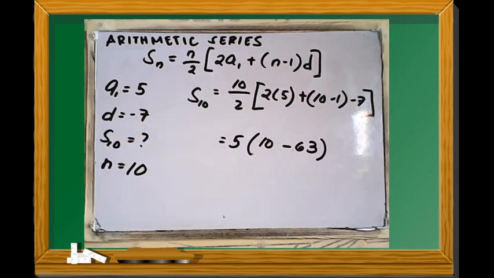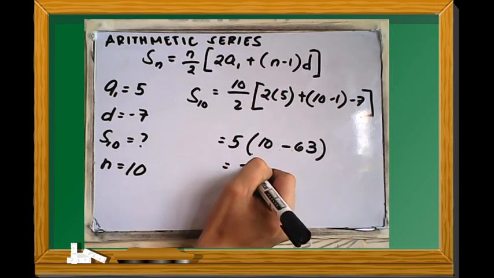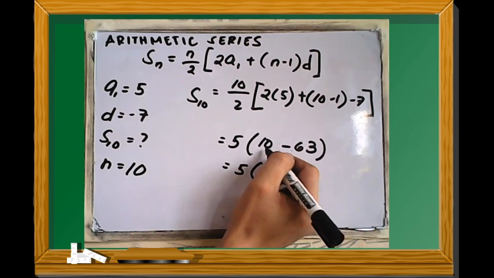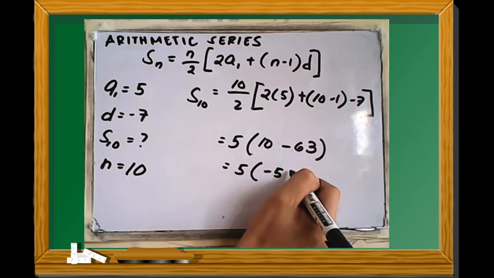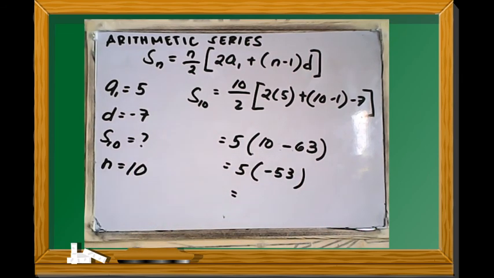If you have a calculator, you can use it. So 10 minus 63 is negative 53, and then negative 53 multiplied by 5 is